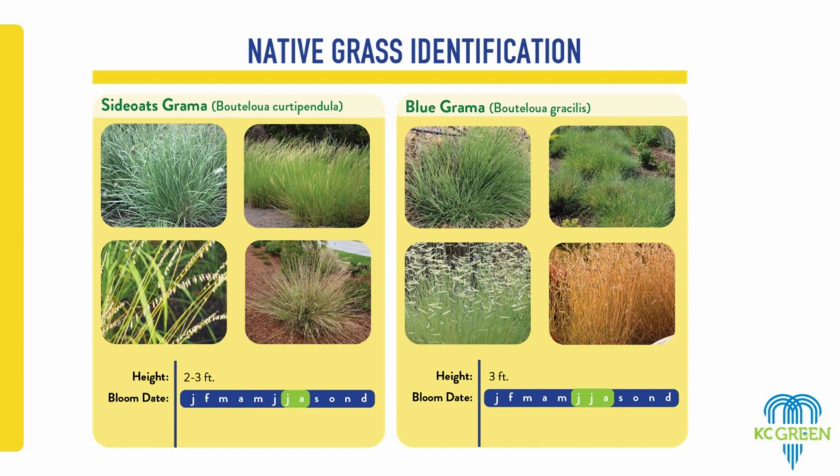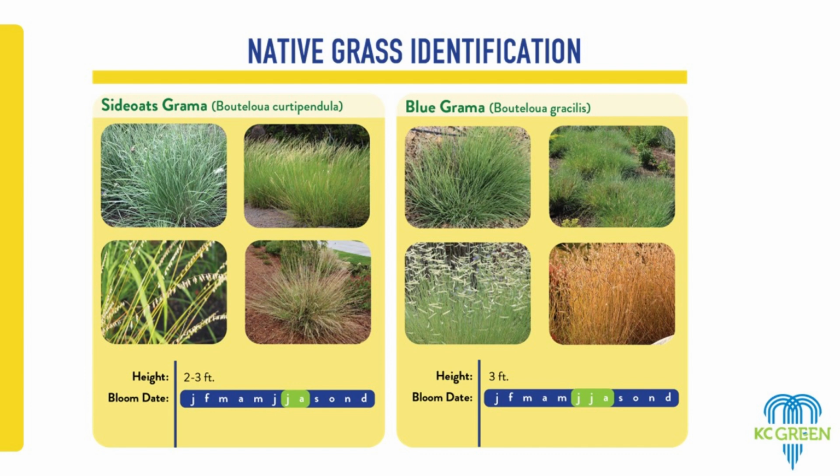So these are, I think all of these are pretty common. You'll see them in the designs of the facilities. So on the left we have side oats grama. It's a native prairie grass. You probably won't see it too much in the basin bottom, but on the surrounding side slopes, where it can tolerate a little bit of wet to dry. And it's pretty easy to recognize because of its name, side oats, the little stems, all the seed heads just hang off to one side. And it's just a super great grass, drought tolerant, really good at holding soil in place